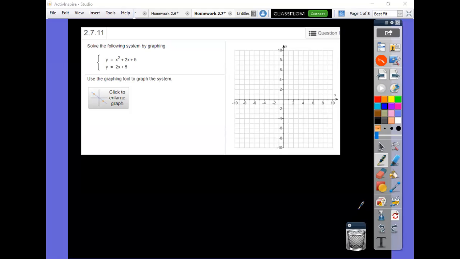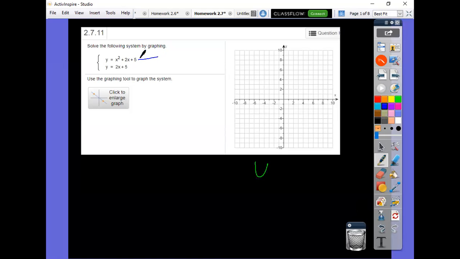All right, problem 2.7.11. Solve the following system by graphing. So you're going to first scroll down to the bottom underneath here, select the parabola tool for that first equation,